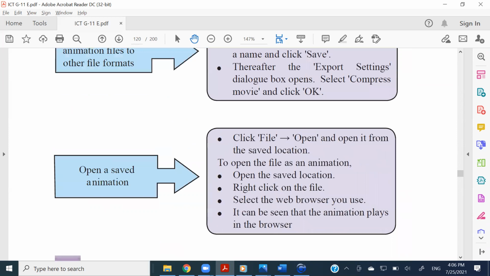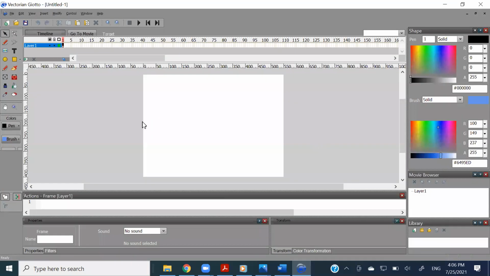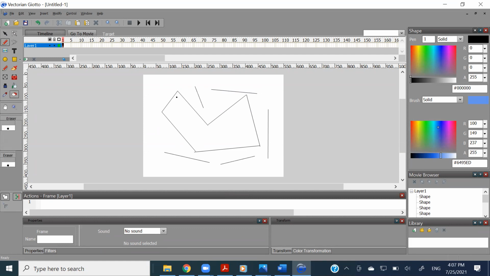Okay, so let us experience these things. If I take the line tool, this is how the line tool works. I can draw a particular shape using the line tool. Again, it only goes in exact straight lines. And from the eraser, you can change the eraser size by pressing the